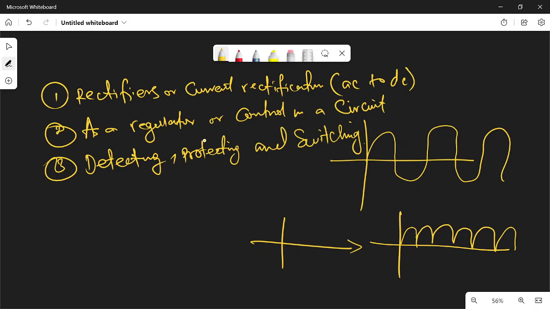When the current that wants to enter that circuit is greater than the specification, the Zener diode is going to cut the current. So instead of destroying the entire circuit, you only replace the Zener diode. Is that taken now?